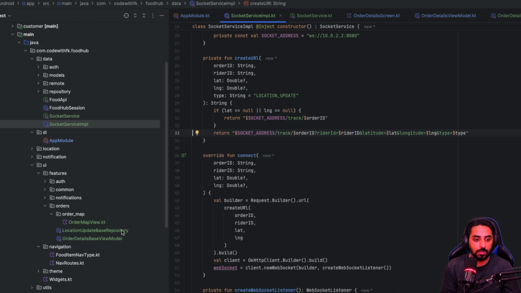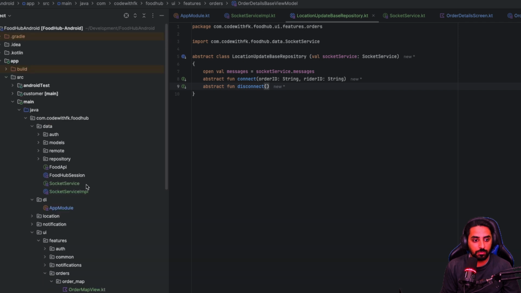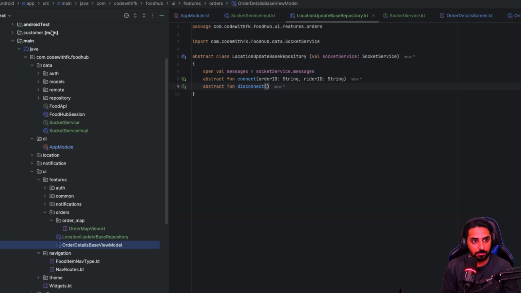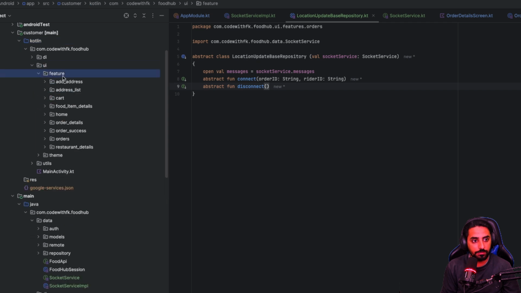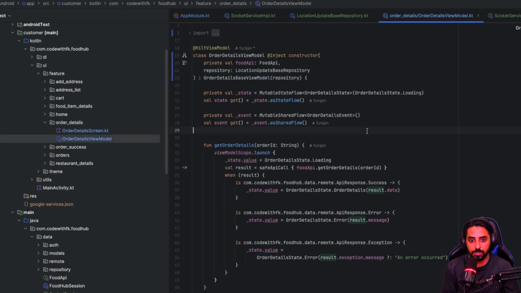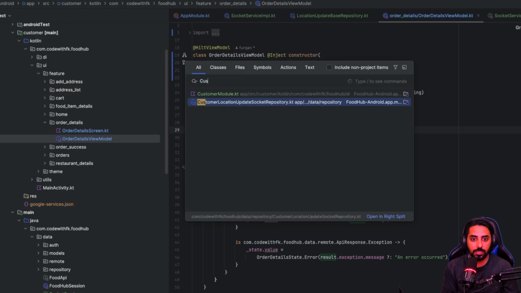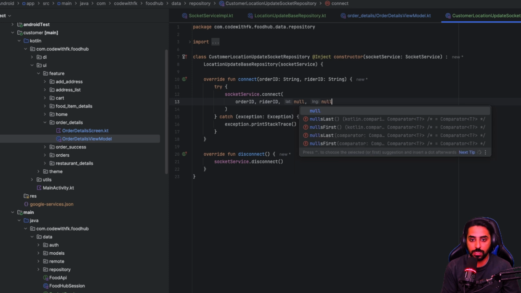Okay, and now when we go over here into this location repository that we have for our user ID for the customer app, from over here, UI, features, orders, details, order view model. This is my location update repository. Where is that? Customer location update socket repository? Now over here we are passing 0. Instead I'm going to pass null now, so that we don't pass these values and